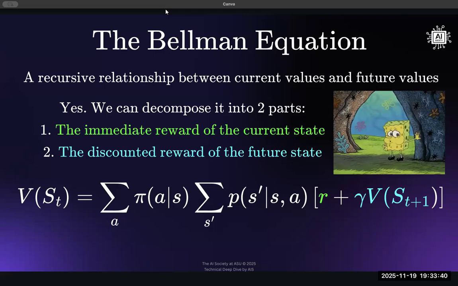And the reason that we have this is because it gives us a nice closed form for finding the optimal value function. So if we want to find the best value function possible, we can just use this equation. Now the thing is though, that it requires complete knowledge of our environment. Why? Because of this right here, this transition probability. We need to have all of those transition probabilities over all future states. And this requires having full knowledge of our environment. And sometimes that may not be possible, but we'll talk about that later. But just keep in mind that this requires full knowledge of our environment for the agent.